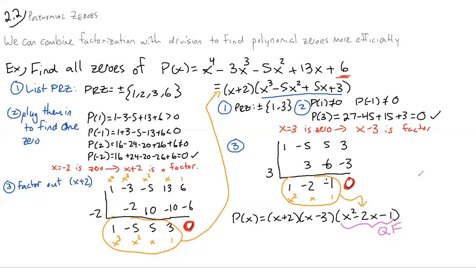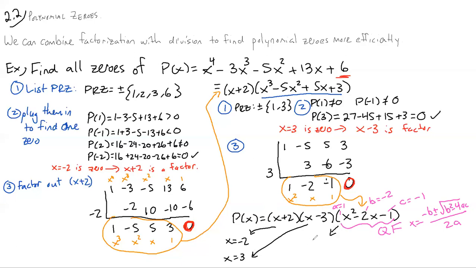So remember that that is x equals -b plus or minus the square root b squared minus 4ac over 2a, where my a is the lead coefficient, b is the second coefficient, and c is the constant. And so we can actually write that out. So I've got x is -2, x is 3, and then this, using the quadratic formula, will be x is,